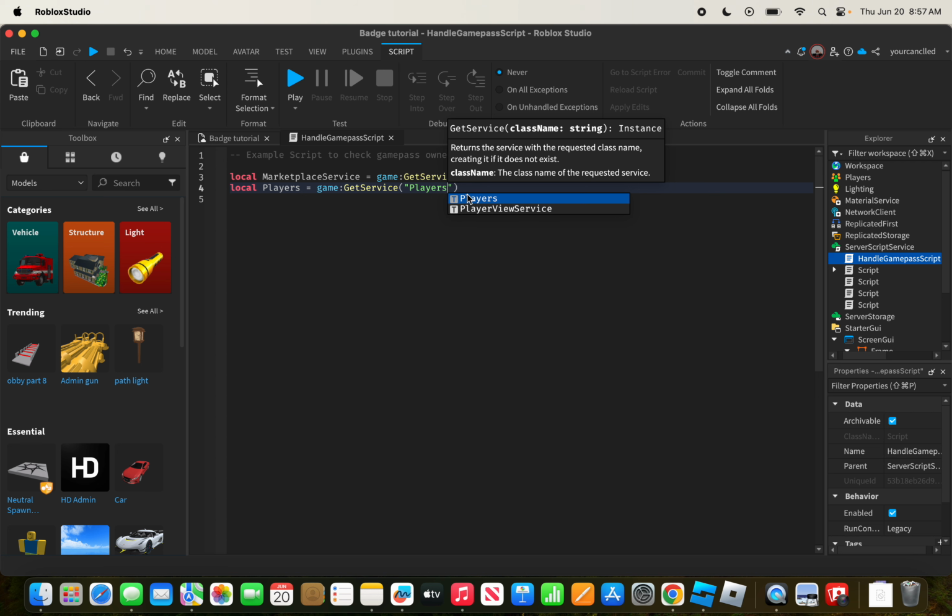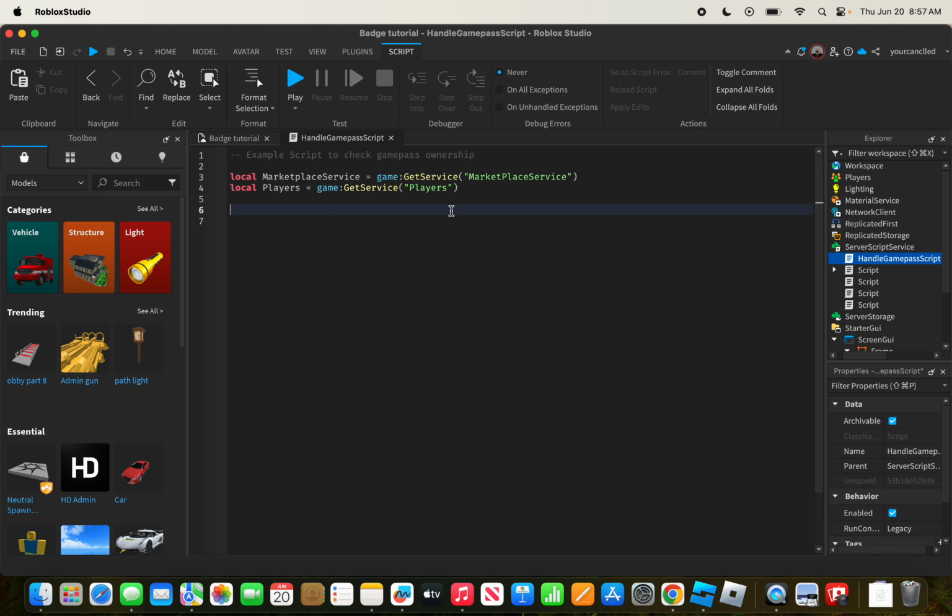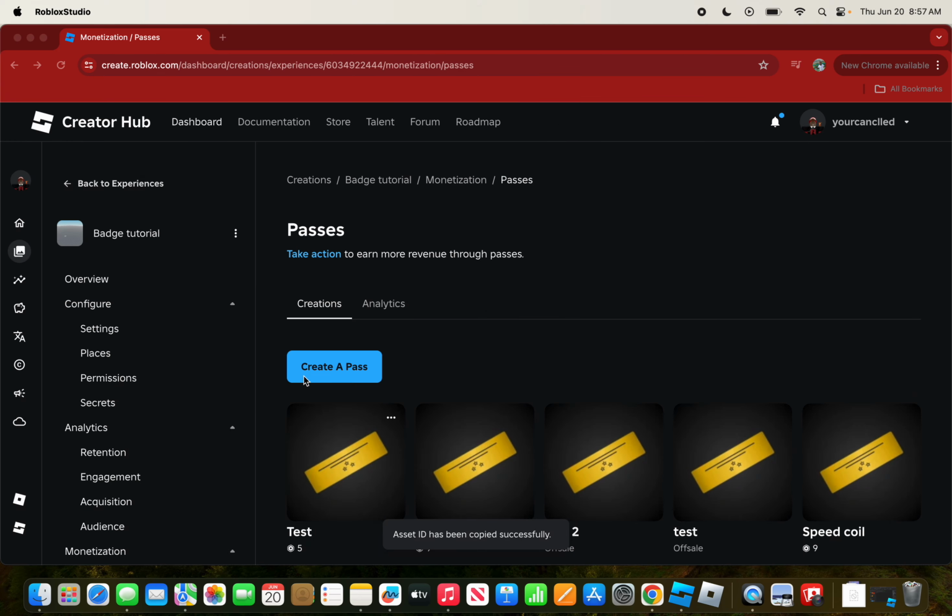And then after that we're going to add local Game Pass ID equals your Game Pass. So now what you want to do is copy the ID of your Game Pass, copy asset ID, and then